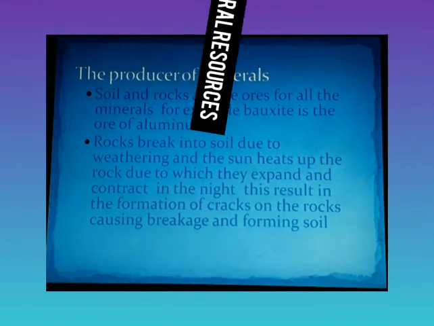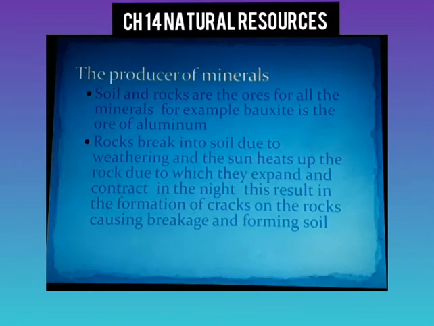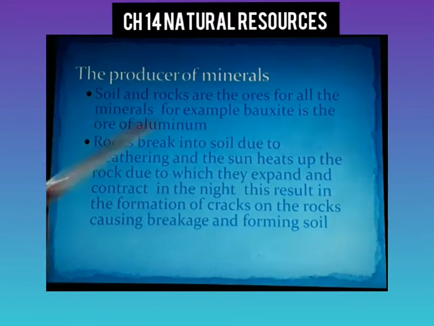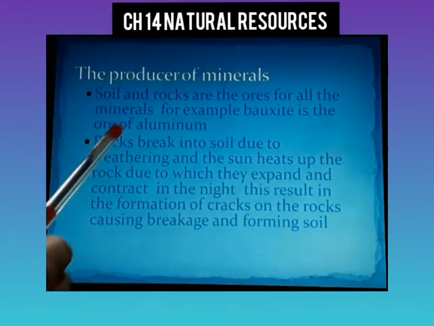All soil has some mineral in it, but the soil in which the mineral content is higher, like bauxite, is taken. In bauxite, aluminium is more. So bauxite will be taken for ore extraction of aluminium, and soil is formed. You might be knowing how soil is formed.